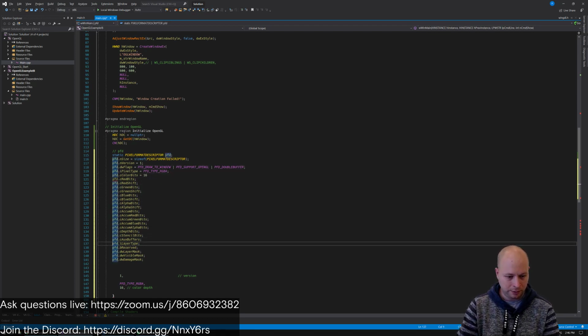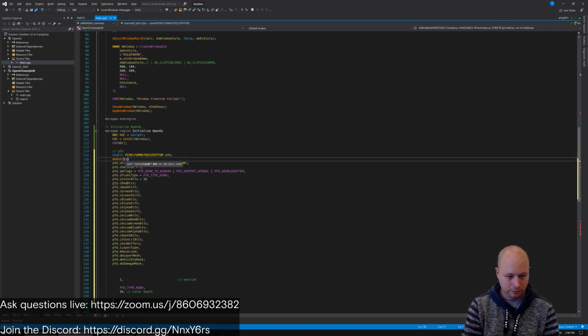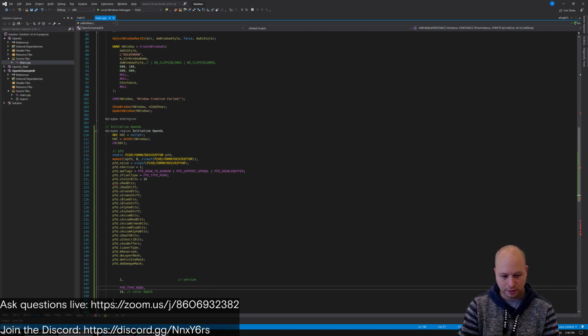Great. And just as again, this will mean that we don't actually have to set anything that we don't need because we've set it to 0 already. So cool, I'm not going to set any of this stuff,